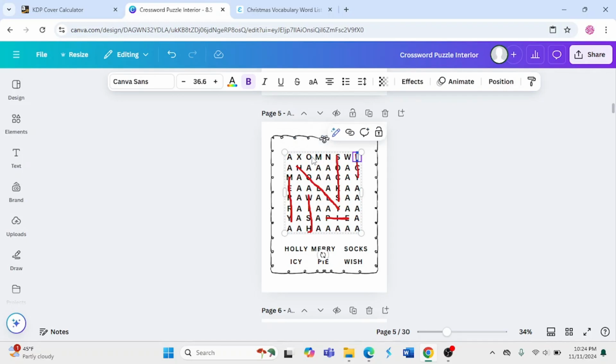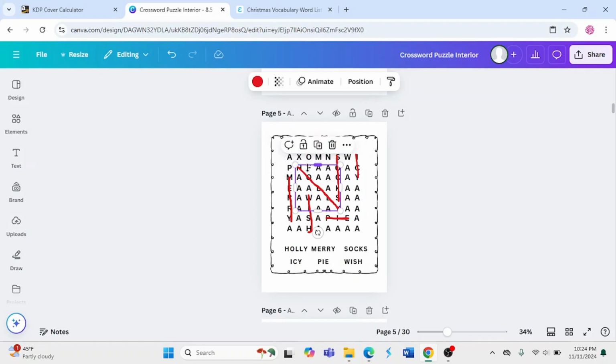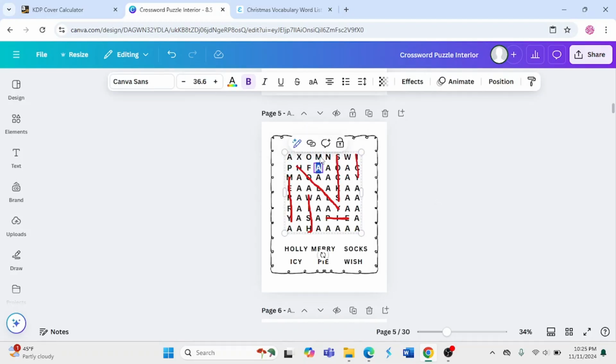Now, this step is the easiest step, and all you do is select the letter, select the character, and just hold down the tab button and change the letter as you go down the word search. You also want to make sure that you don't have too many double letters or triple letters around each other or in the same line,